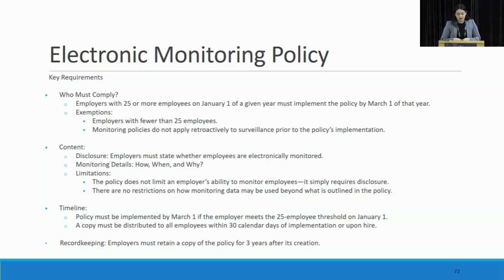So for instance, a lot of employers will track internet usage on any technology that their workers use, like on company laptops, right? And if we catch Susan watching Netflix during work hours, that's what the purpose is. But it's not that we can no longer do it. We just need to tell them why we are doing it and what methods we're using. And also to note, this obligation is not retroactive. So if you introduce it, like I said, on March 1st, and you were engaging in internet tracking yesterday, you wouldn't have to disclose those methods before. It's only forward looking.